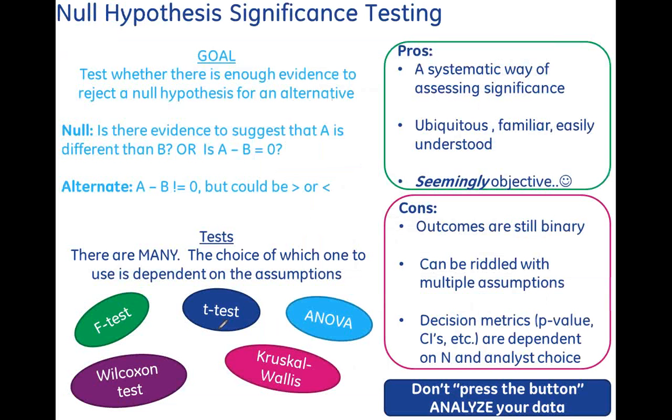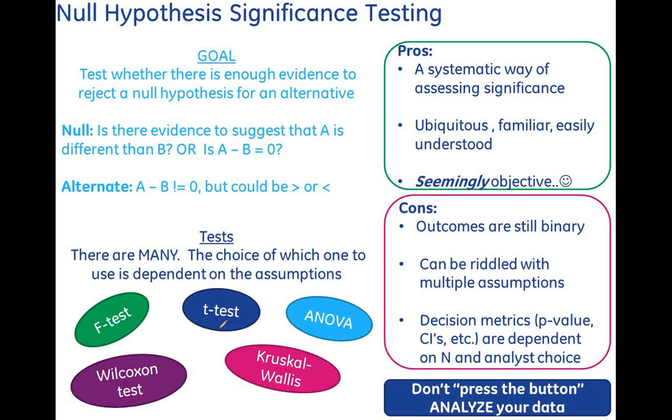Okay. So, what is null hypothesis significance testing? It's really one of the most common ways that we have in statistics to test whether a difference can be legitimately significant, or if the data point is due just to chance, right? So it has a lot of weight because of its popularity, and it's very common. People understand them, or have at least come across them before. The problem is they're seemingly objective. They're marketed as objective, but they're seemingly objective, and I'll try to drive that point home too.